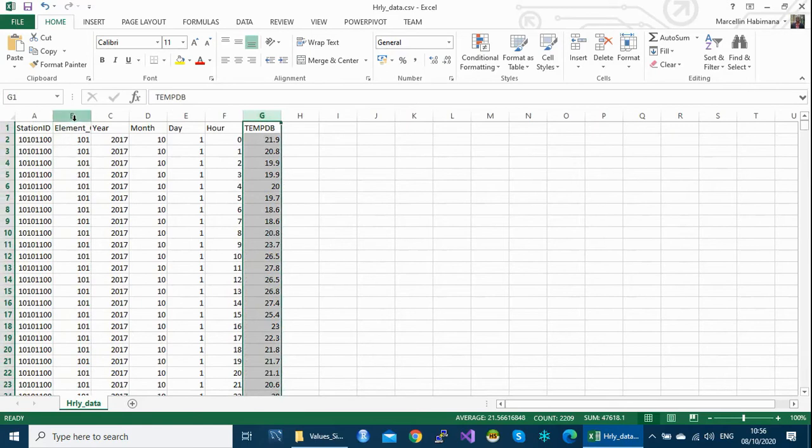So here you can have different element codes like 101, 102, 103 and so on. I mean dry bulb, wet bulb, dew point and so on. But our first scenario is whereby all the elements are in one column and our data also is in one column. This is scenario number one.